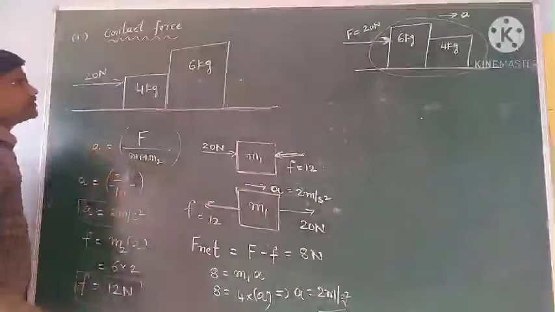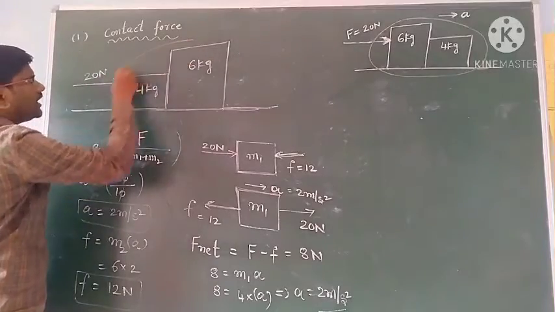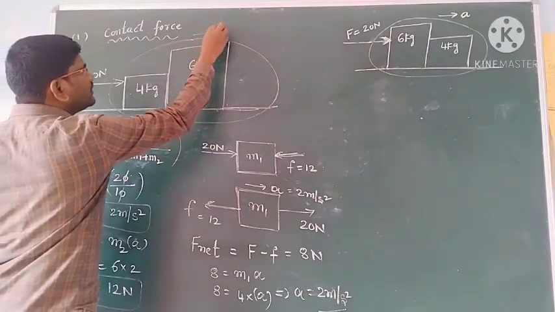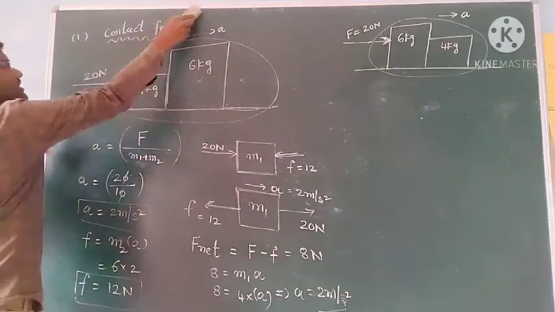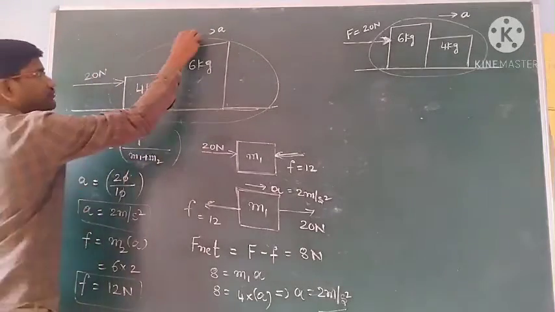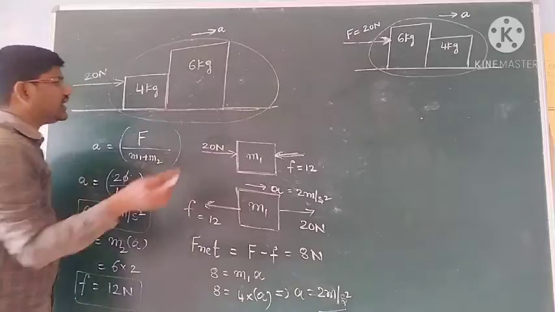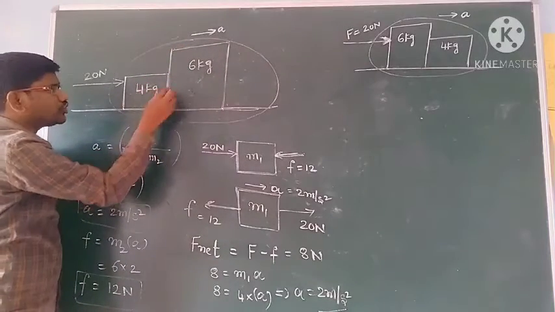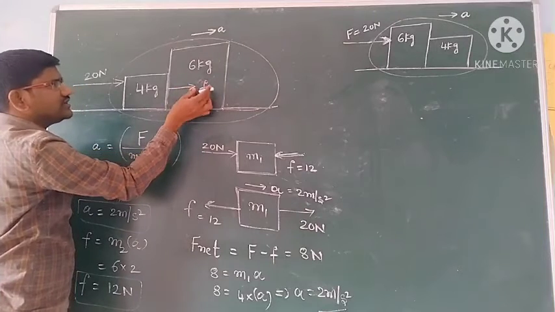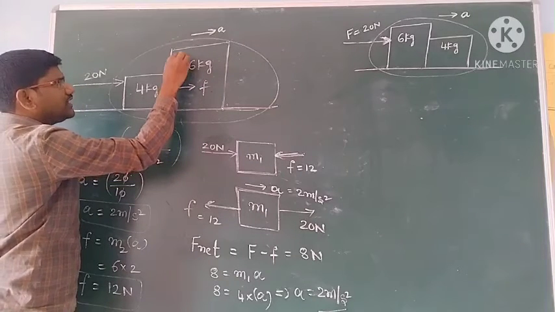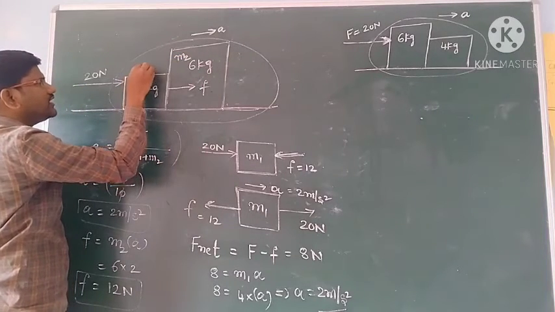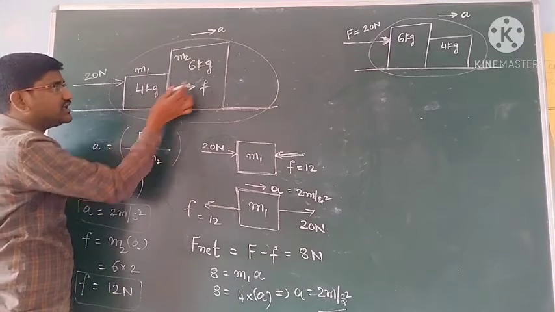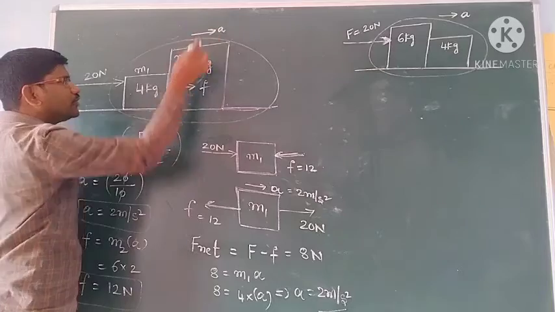Okay. So because of this 20 newtons, what do I consider? Both the blocks are moving to the right side with a common acceleration A. And we know very clearly we are not applying any direct force on 6. 6 is pushed by 4, that is called F. If you give the name M2 for this and M1 for this, M2, the heavier, is pushed by the lighter. So F is equal to M2 into A.